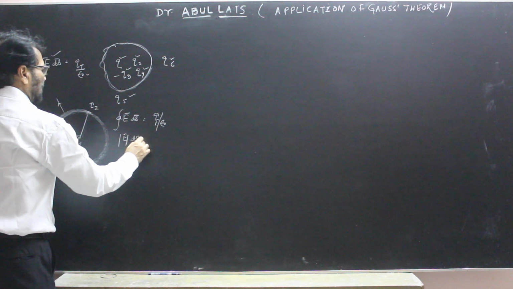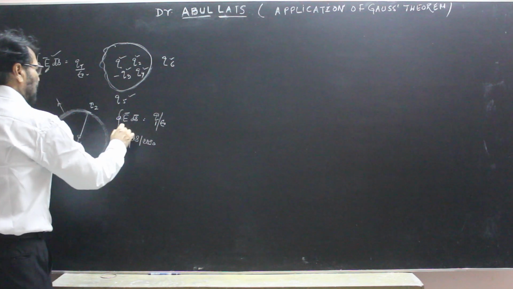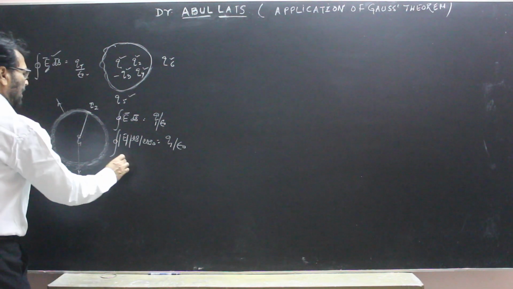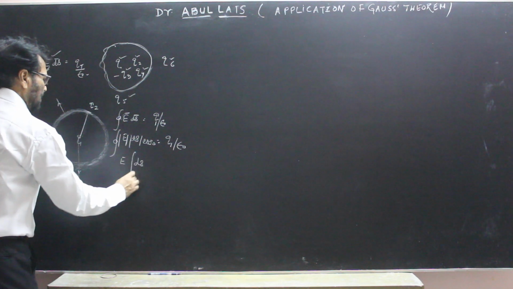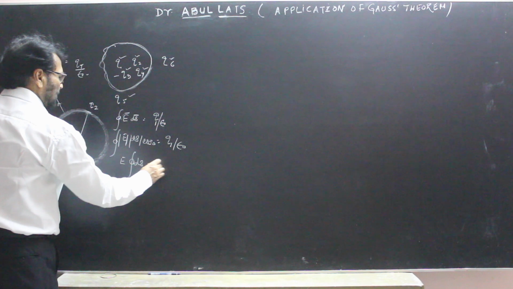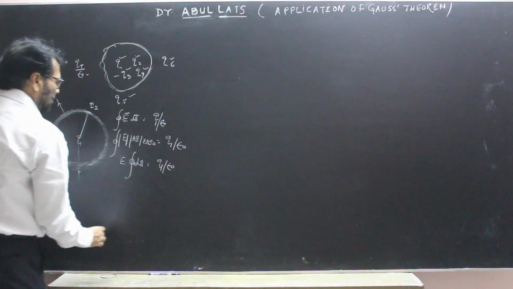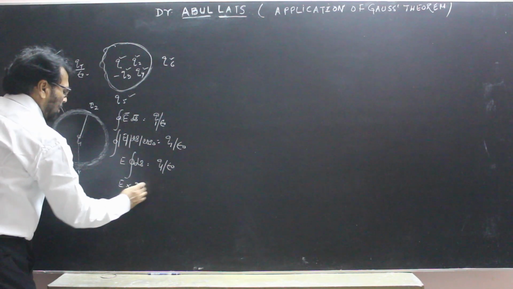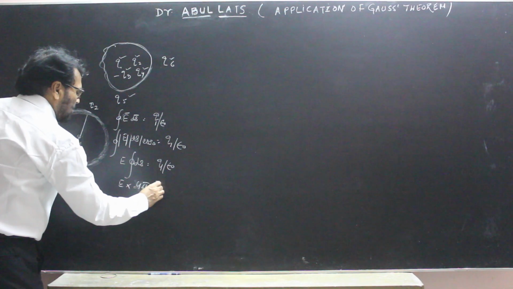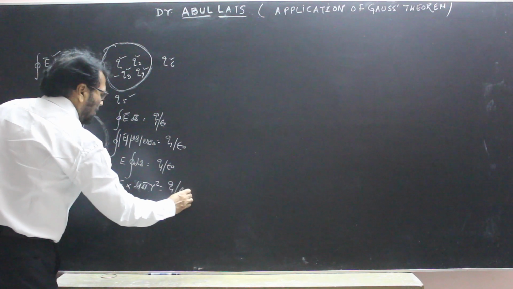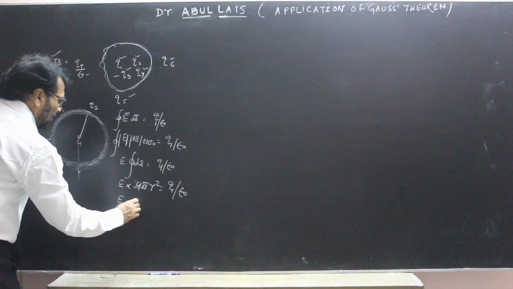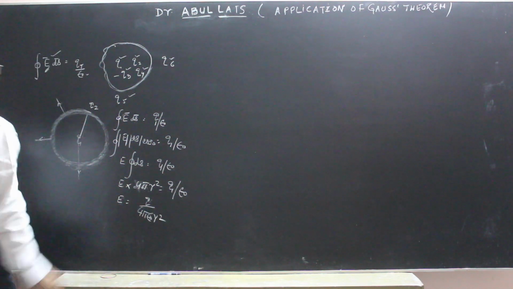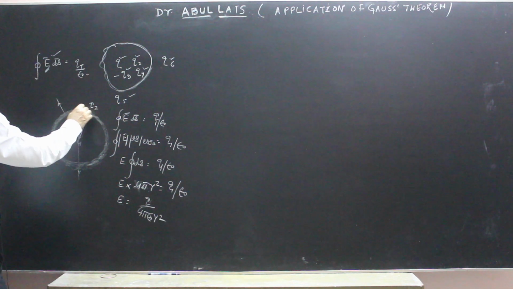So mod E ds cos 0 is Q1 by epsilon naught, E is constant, so it is taken out of the integration sign, and this is Q1 by epsilon naught। So this is E, and the integration of this surface over whole area is 4 pi r square, and this is Q by epsilon naught। So the electric field is Q1 by 4 pi epsilon naught r square due to the charge Q1,